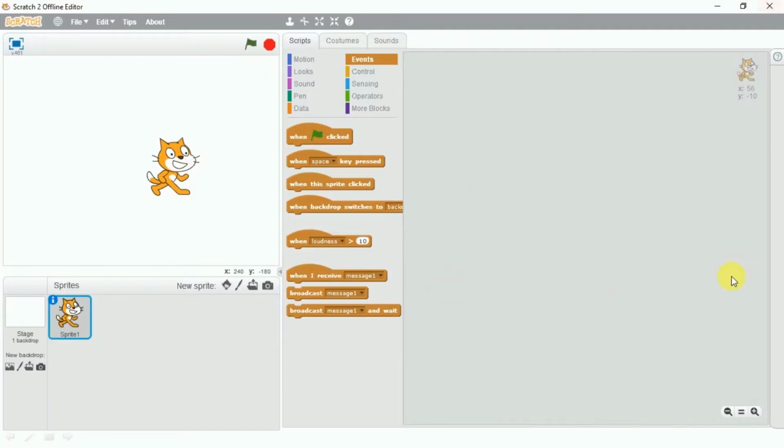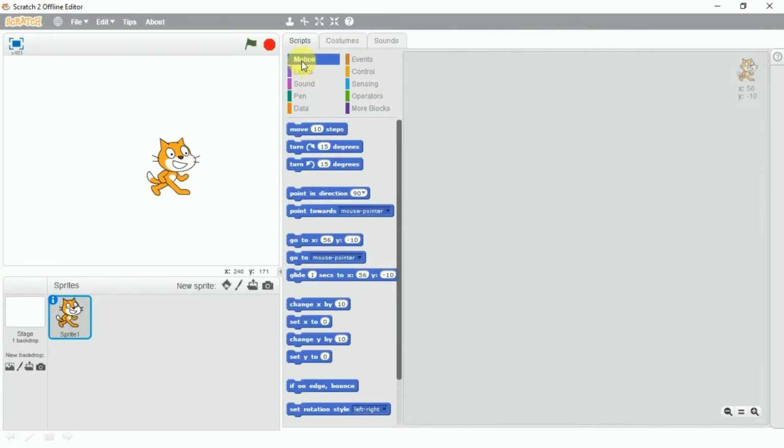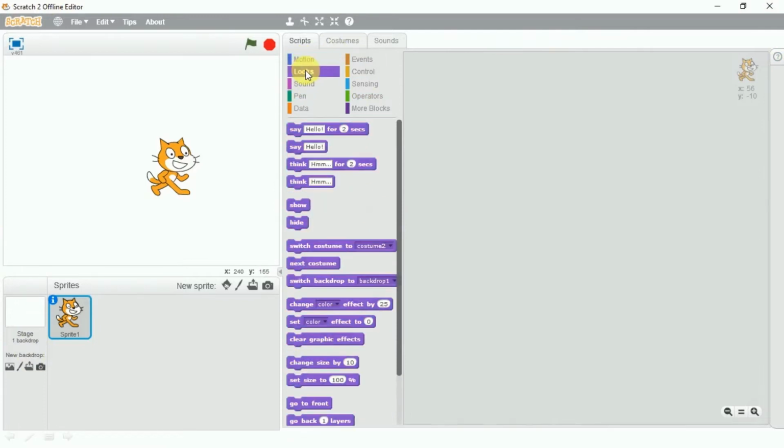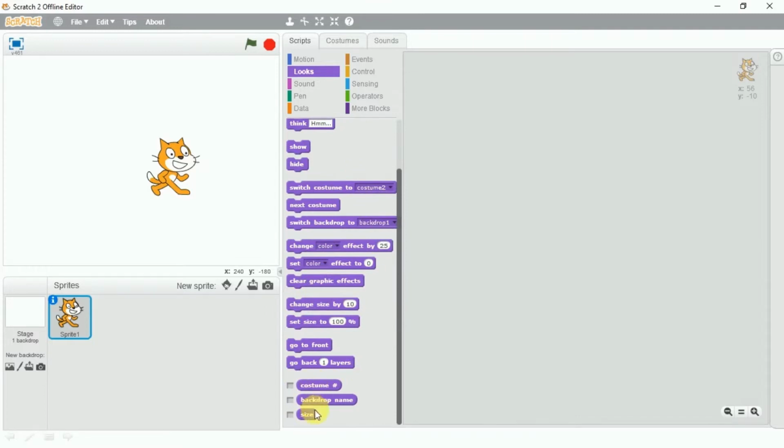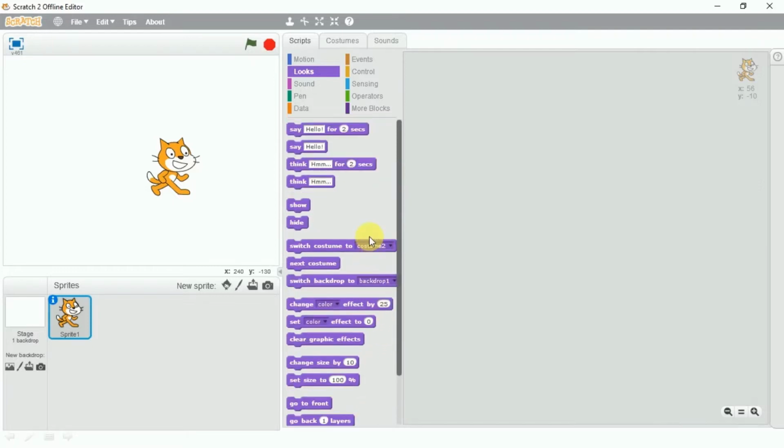This is the Scratch interface. The first blocks, the motion blocks, we studied in the previous class, and these are the looks blocks. Okay, students, in total there are 16 stack blocks. You can see the structure of the blocks, the space at the top and this bump at the bottom. So these are stack blocks. In total there are 16 stack blocks and 3 report blocks, which would be reporting some information to us. So let's see the functionality one by one.